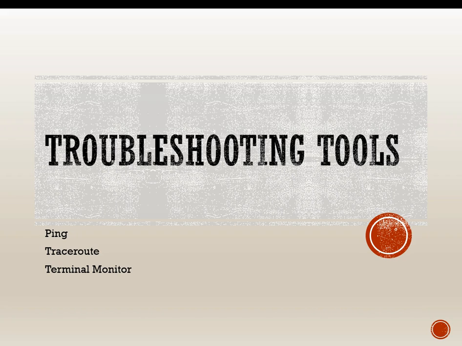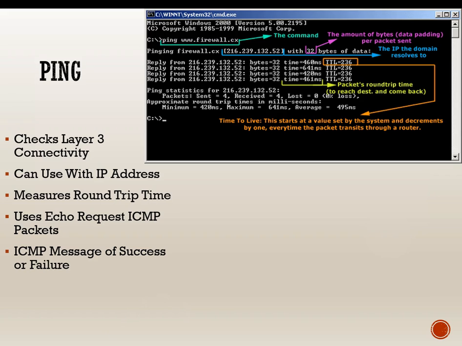The troubleshooting tools that we're talking about are obviously the basic troubleshooting tools to find out if we have functionality predominantly here at layer 3. The terminal monitor just allows us to monitor what's going on at the terminal if we are using the VTY lines, the telnet lines. So ping, you've probably used before, checks layer